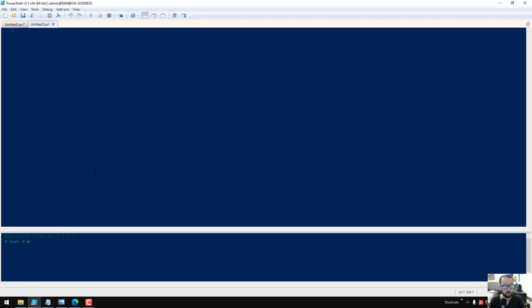We'll go into images, and I have a function called touch that'll just create an empty file. So we'll do 1 through 2300 for each touch,